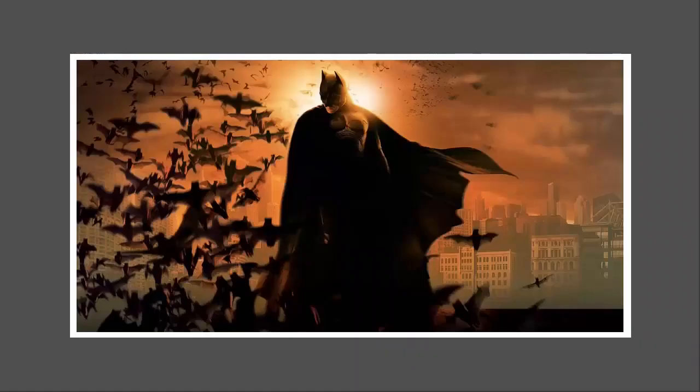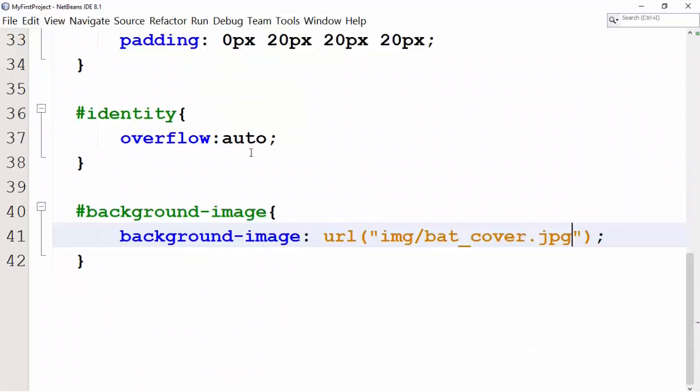Let me add a bigger image which I intend to use as my background image. I have already placed the image in the img folder that we have created earlier. I will go back to CSS and link the image of my choice. You will note that I have linked the bat_cover image. I will add text content within the image and I would add a few other properties as well, such as height, padding top, color, margin top, etc.